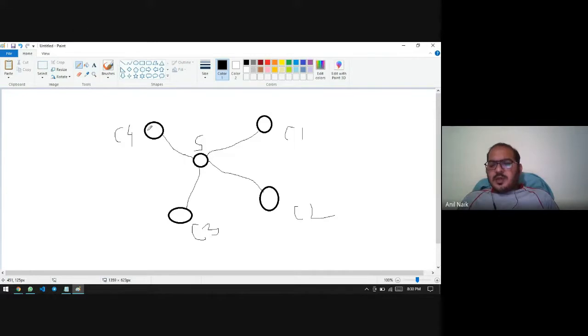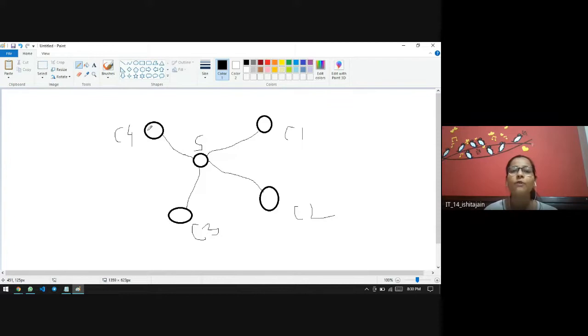Okay, why are there different types of topology? We have different types of topologies for different uses. If we have a very small setup, then the star topology will not work efficiently, but the bus topology will work just fine, because bus topology will be less expensive than a star topology. But when we are using the internet, when we want a world wide web, at that time we have to use the star topology. Bus topology will not be a good option here, because there will be excessive wiring and the cost will also increase.